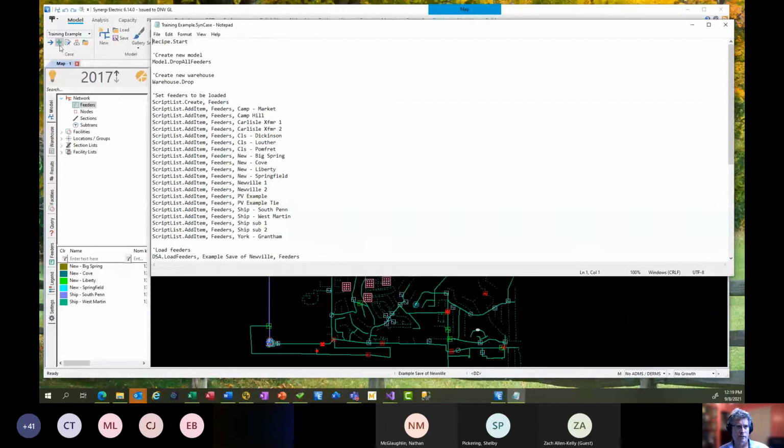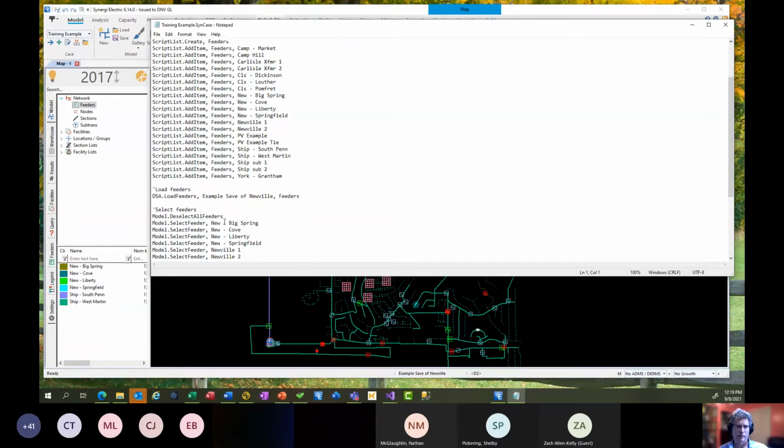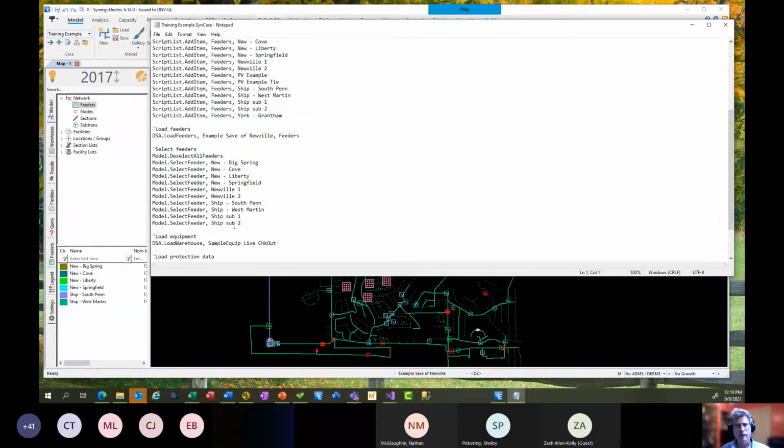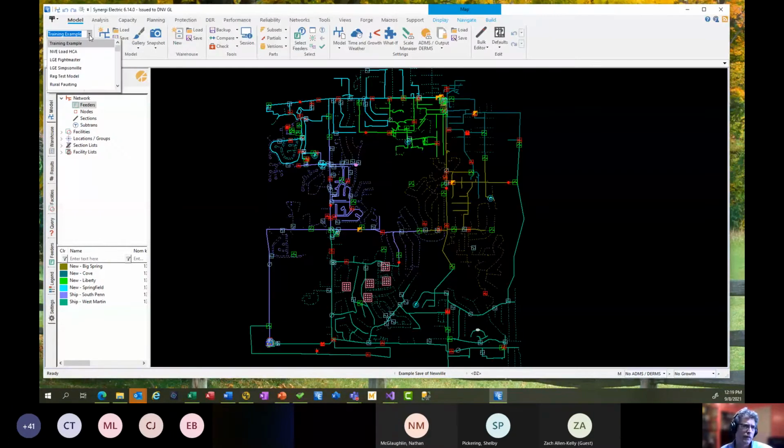So when I typed in training example and hit that plus sign, this file was created. You can see the name of the file is trainingexample.syncase. And this is a macro here, and it's just saying to drop the feeders, drop the warehouse, and then here's all the stuff I want to load, the DSAs for loading, and then I want to select. And then I'm even going to zoom to a location in here. So here are coordinates that I want to zoom to. And so that's convenient because I can easily go in here and